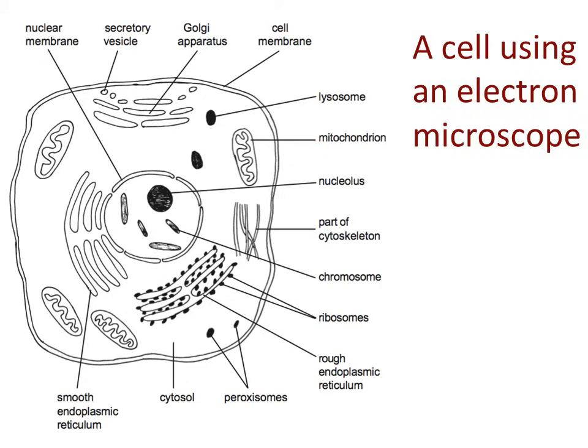Lysosomes approach the foreign material and spill their digestive enzymes onto it, therefore digesting it. So lysosomes are therefore essential in this process of phagocytosis. Phagocytosis being the process of cell eating. And in addition to this,